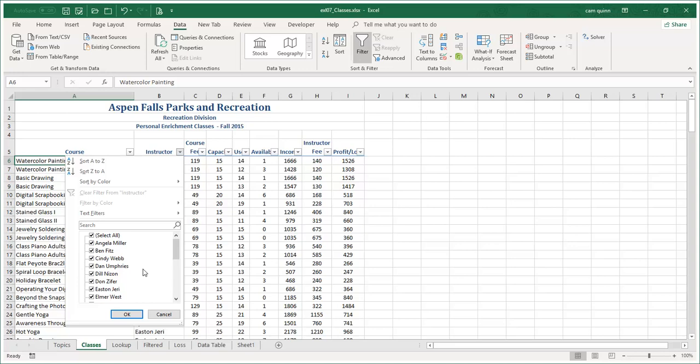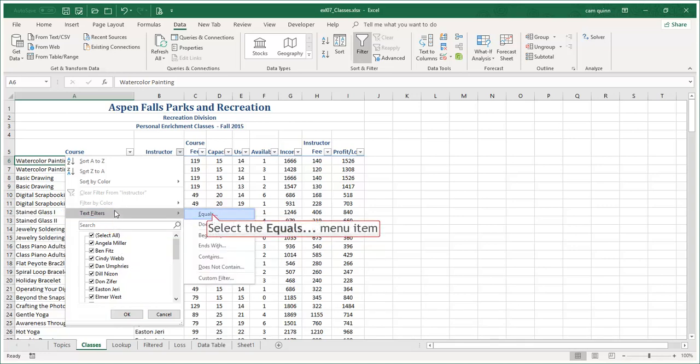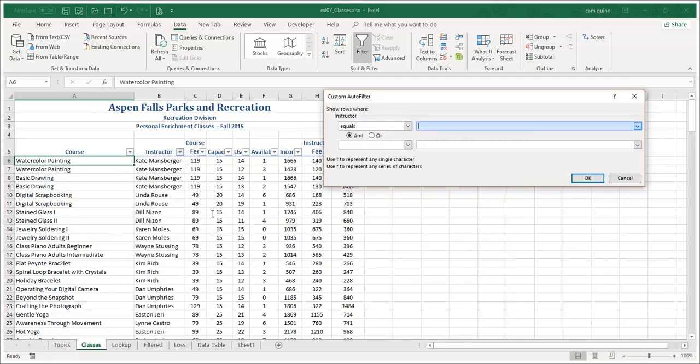What happens with a filter is that when you turn on a filter, it will select the data in the, I'm going to call it a table, even though it's not physically a table. It's going to select the data in my range of data here that matches the filter. Okay, so in this case they want us to create a custom filter that shows rows where the instructor equals Jules Casarillo or Lisa Render. So I'm going to click on text filters, and I'm going to click on equals, and you can see here it's a custom auto filter, so it's going to say equals